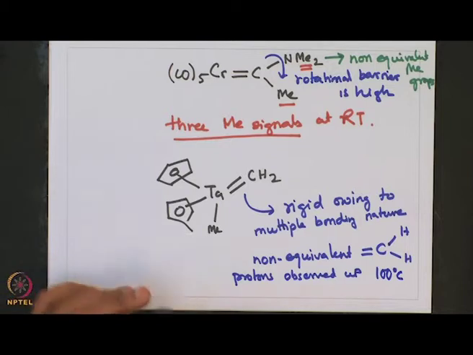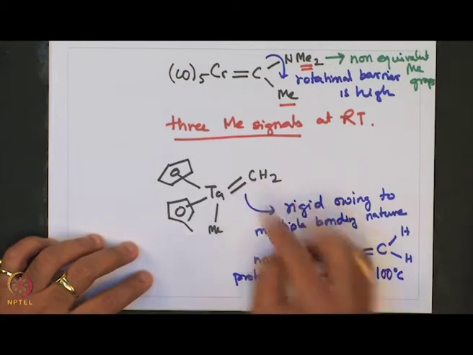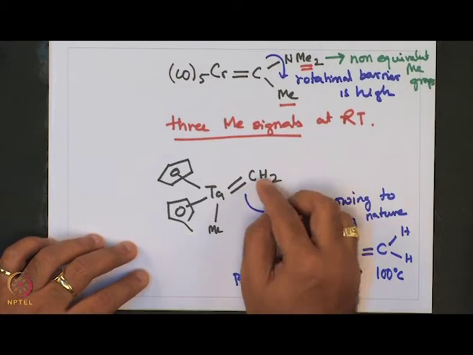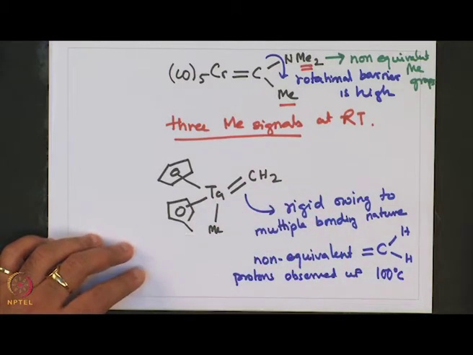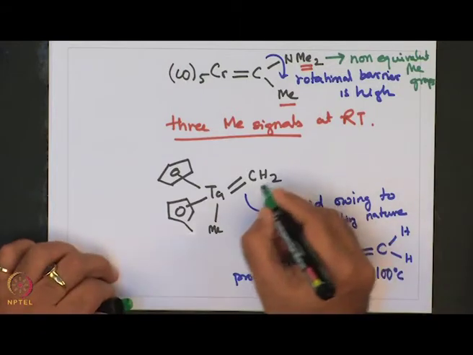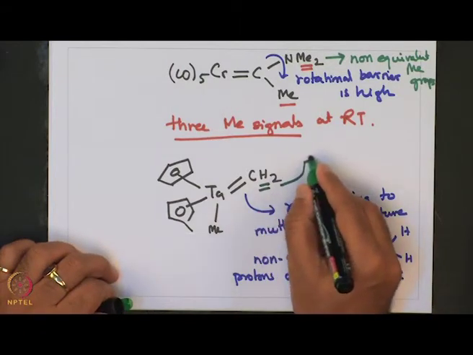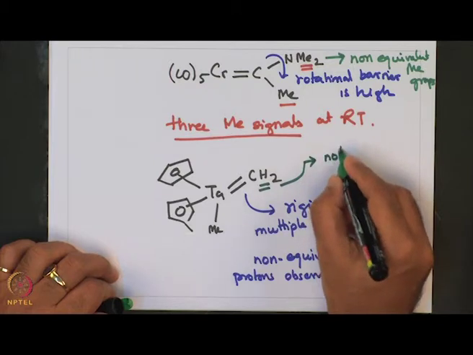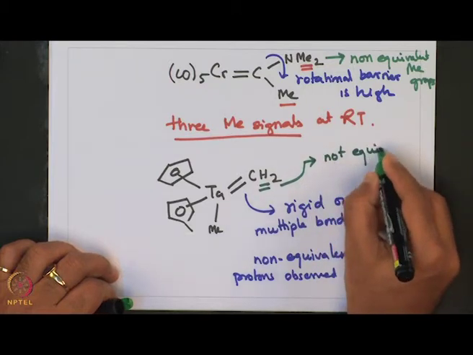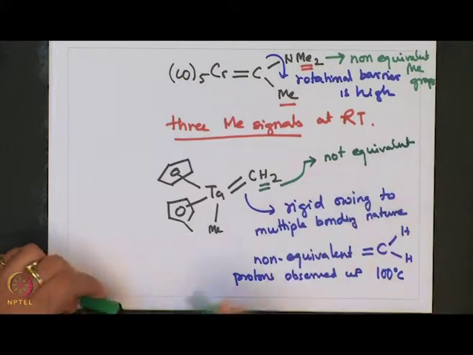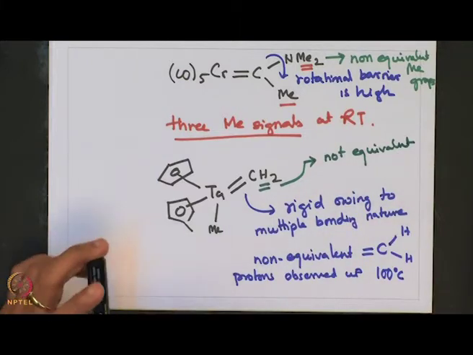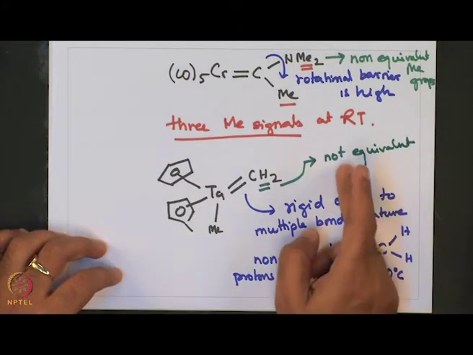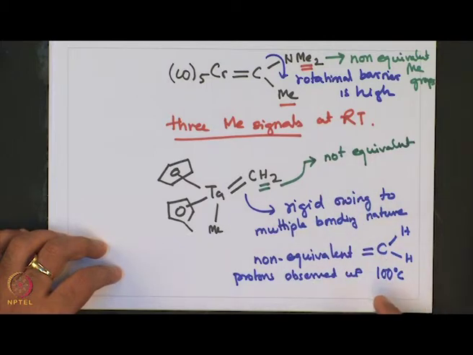So, it shows that where there is multiple bonded carbene to tantalum, the rotation is not really possible. As a result, these two hydrogens are inequivalent, and this can be observed from proton NMR, and this non-equivalency exists up to a very high temperature of 100